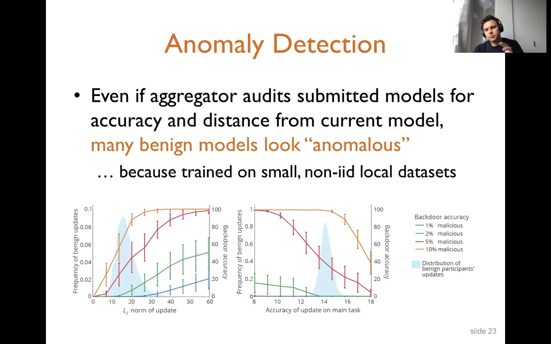But if there are 2 or 5% compromised in the round, then the attacker can actually achieve high accuracy and look like all other participants. This blue space is the benign participant updates, and the attacker can fit into this blue line.